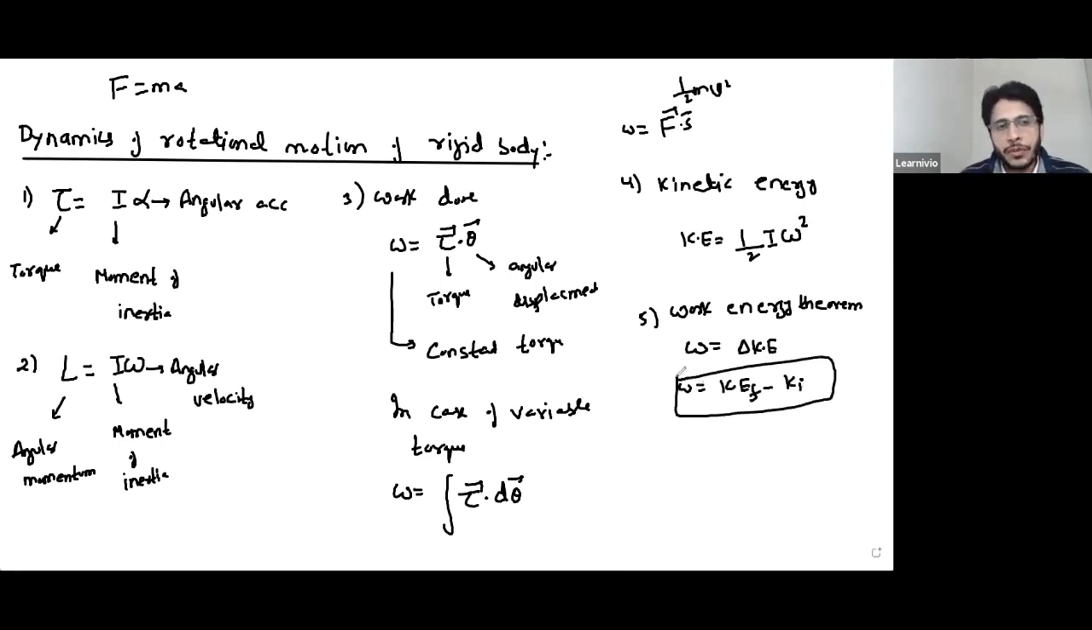So the next numerical, we will use all these 5 relations. So it's a lengthy numerical. A cord of negligible